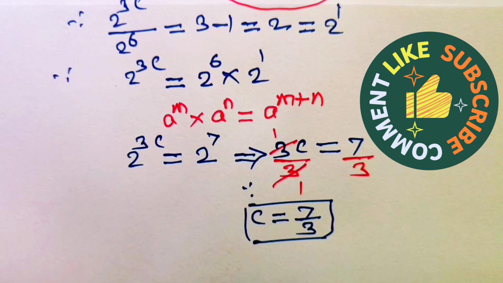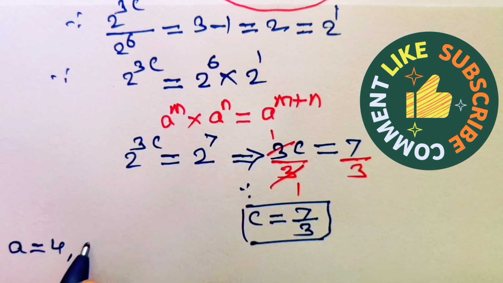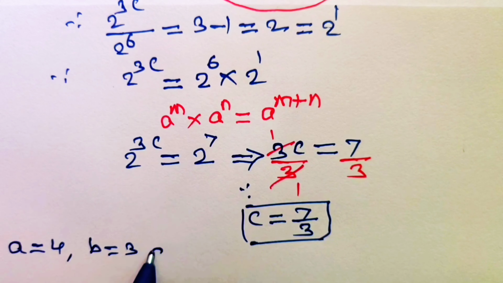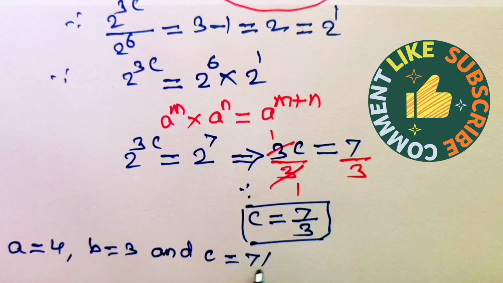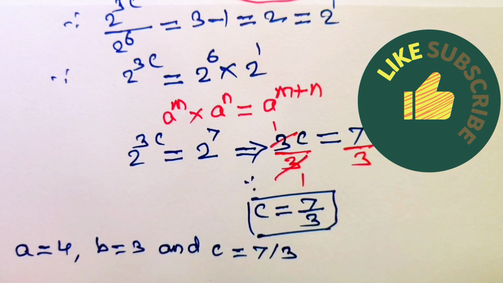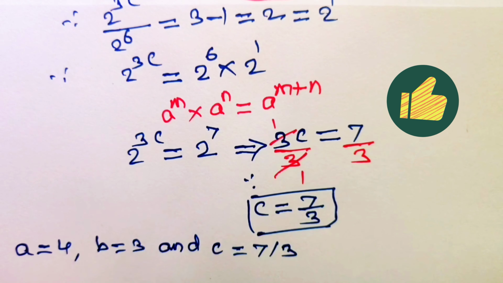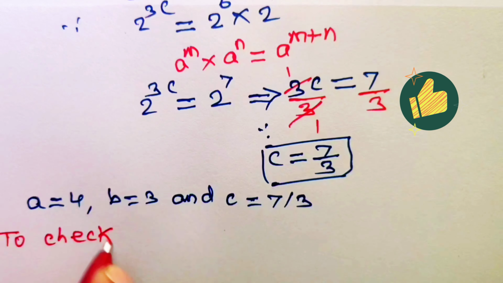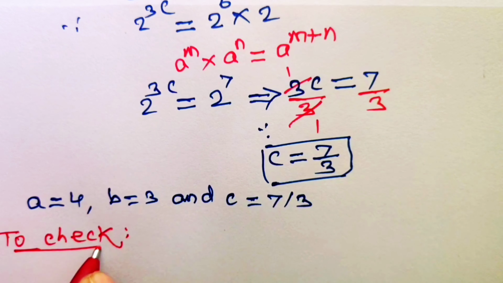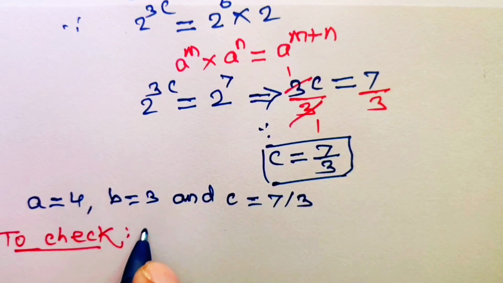In this way, we have obtained values a is equal to 4, b is equal to 3, and c is equal to 7 upon 3. Let us check whether these values are correct or wrong. So, to check, we have to put these three values on left hand side of given statement. So, left hand side of given statement is